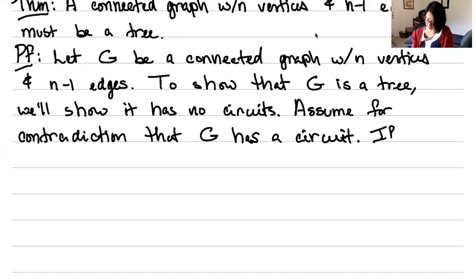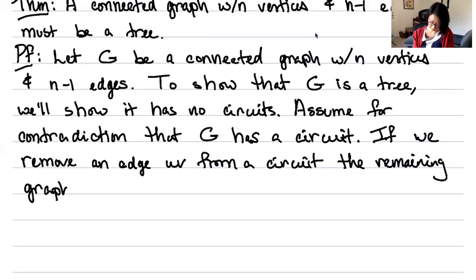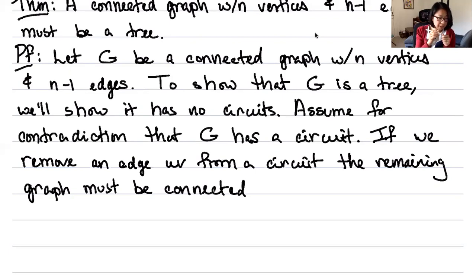So if we remove an edge UV from a circuit, the remaining graph must be connected. Why? Because